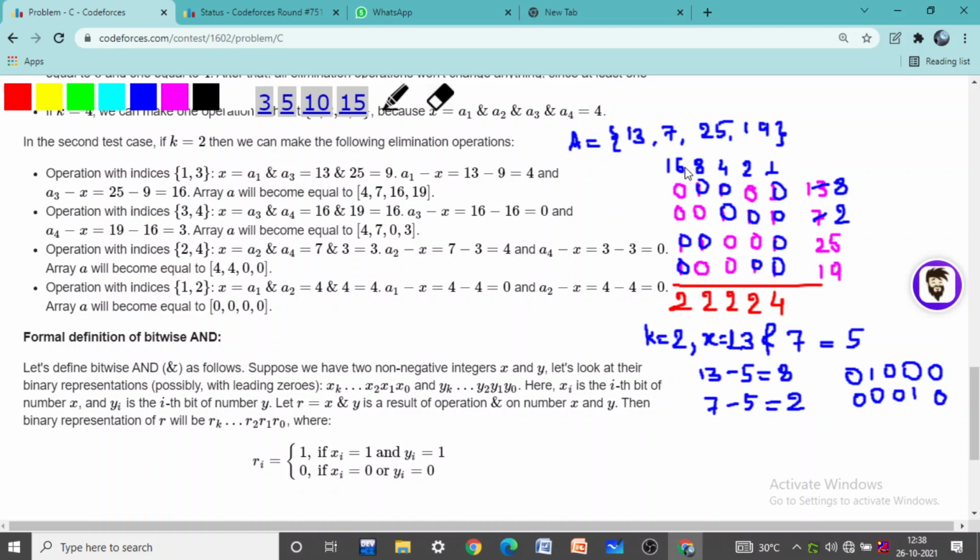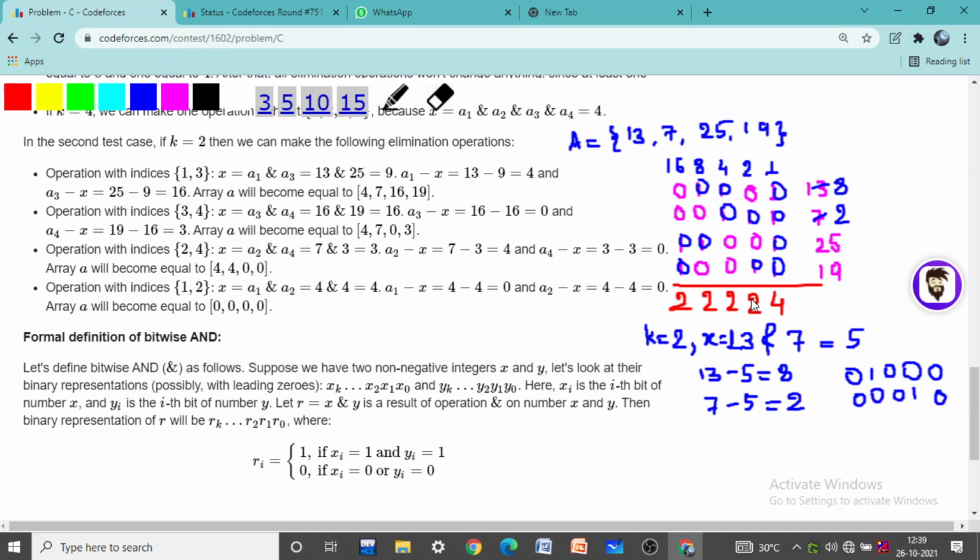Now all of them have become equal to 0, and so what we could see was that for each column, if there exist k indices, we could choose such k indices, and then all of them become 0. Suppose in this column initially there were two set bits, and in one operation we could choose both of them at one time and make both of them 0, right?